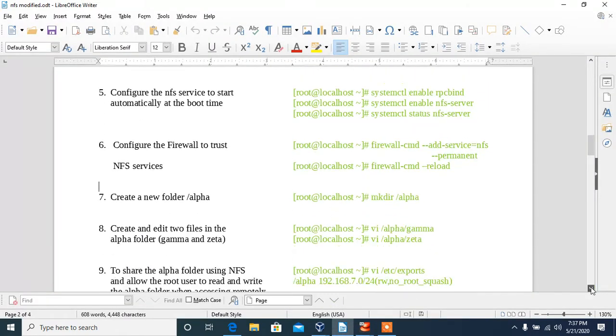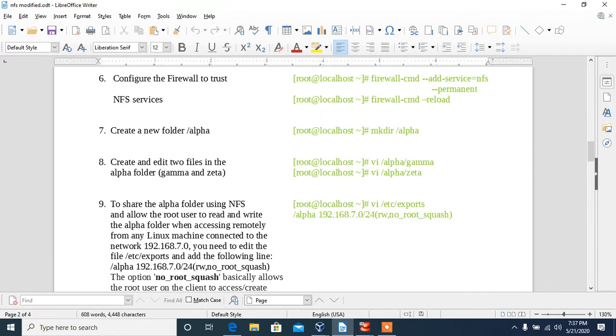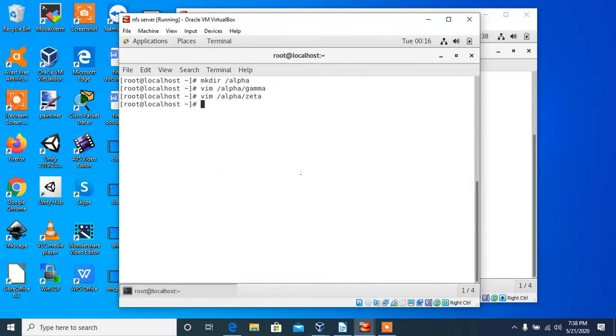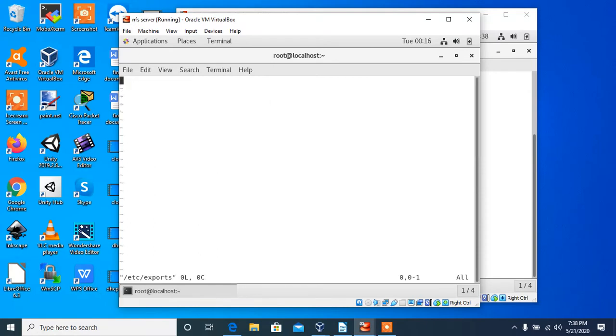Up to point number 8 we are all good. Now we will share this file and set it in export directory. We will add the configuration line here. So vim /etc/exports. Okay. So I will write here alpha, which is the name of my directory. After that I will write my